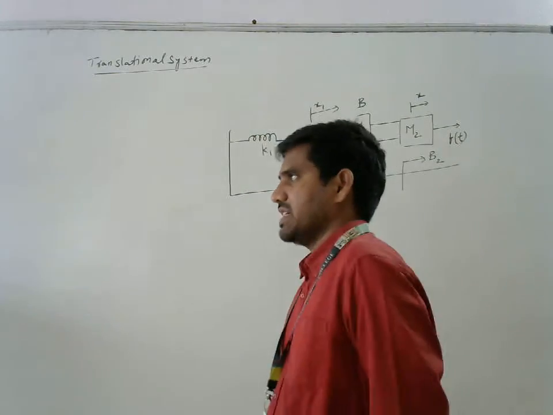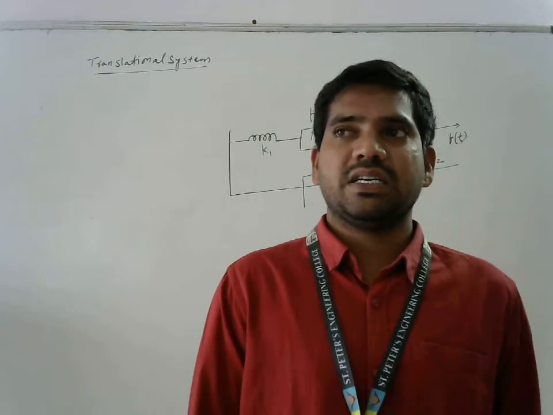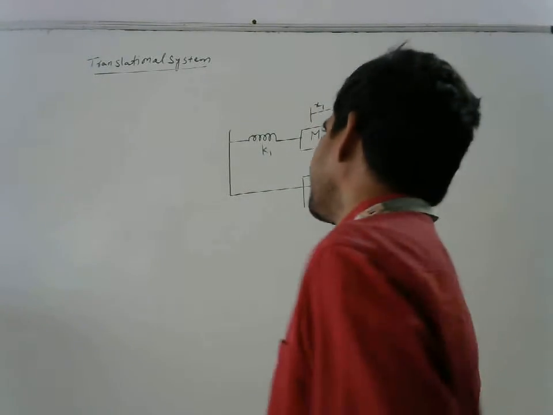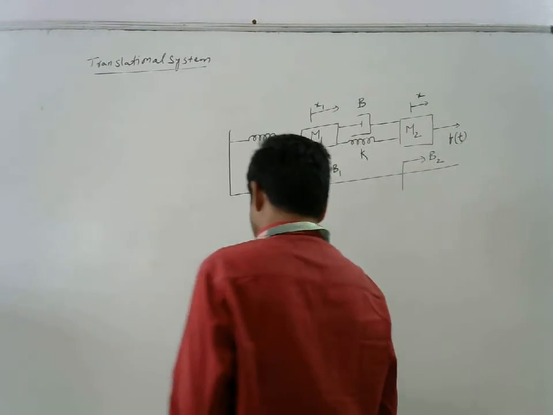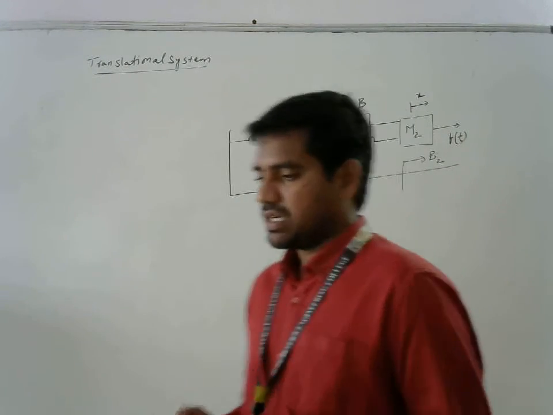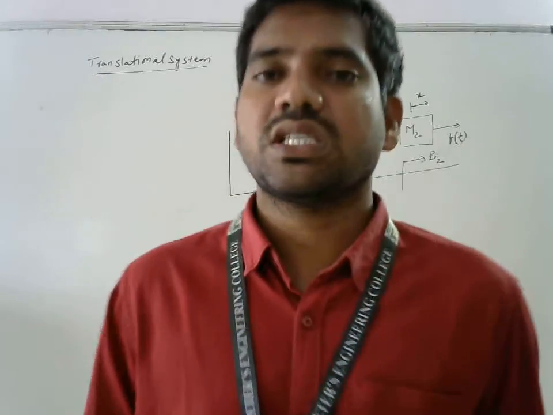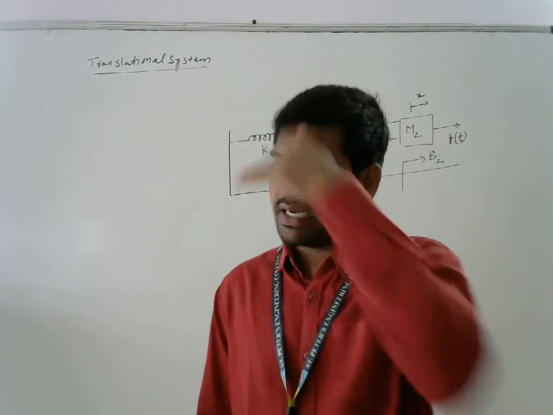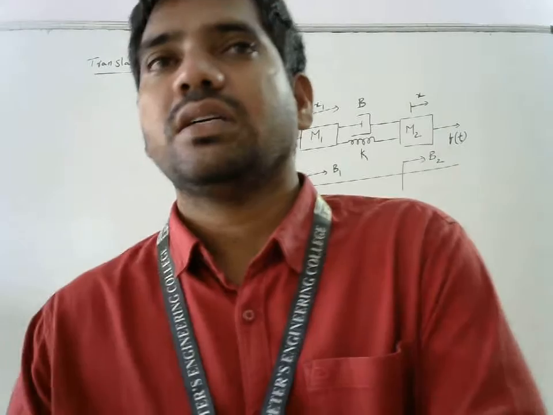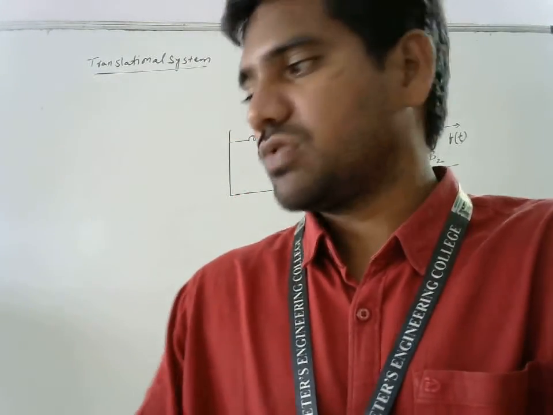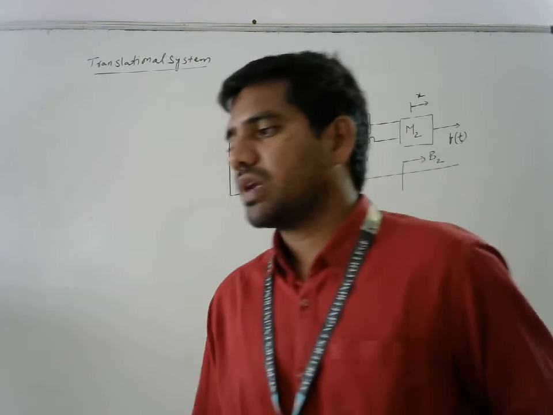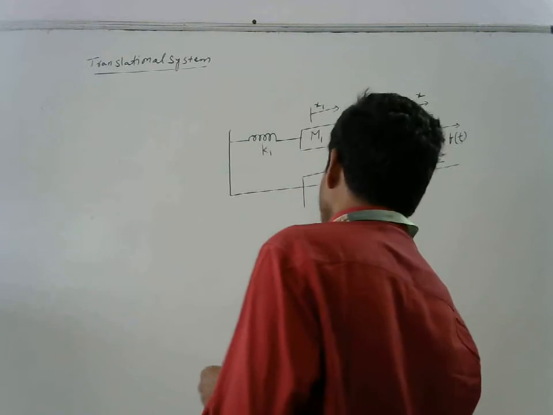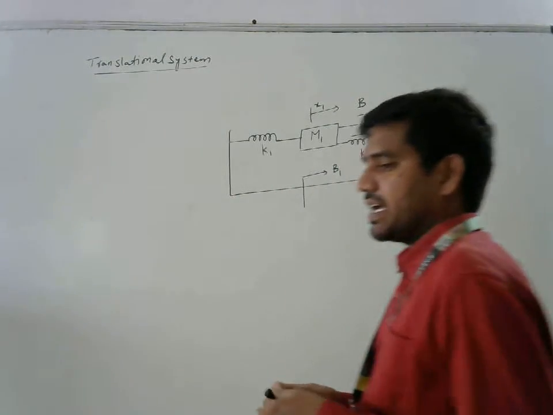These are the main differences. If displacement is x, then we consider the angular displacement theta. Apart from that, we write the equations. What is the force applied? F of t is equal to m into d square x by dt square. Similarly, if a spring is there, the force applied to the spring is F equal to k into x of t. Like that we have written the equations. I am writing it here.